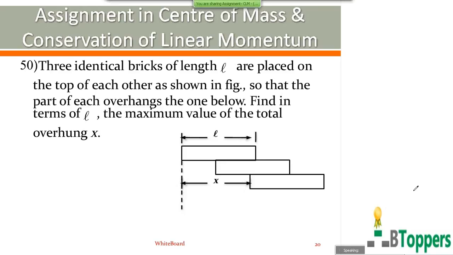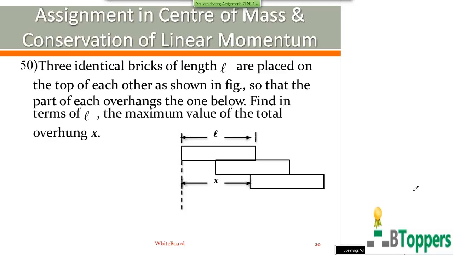Three identical bricks of length L are placed on top of each other as shown in the figure, so that part of each overhangs the one below. Find, in terms of L, the maximum value of the total overhang X. Now see here,